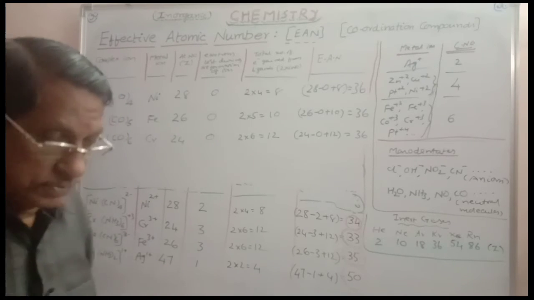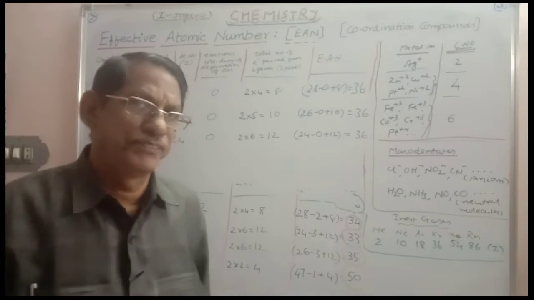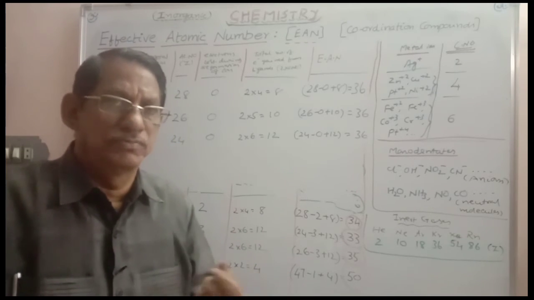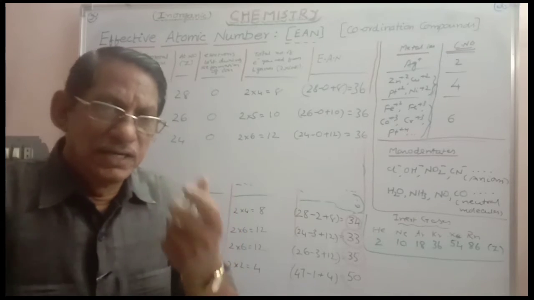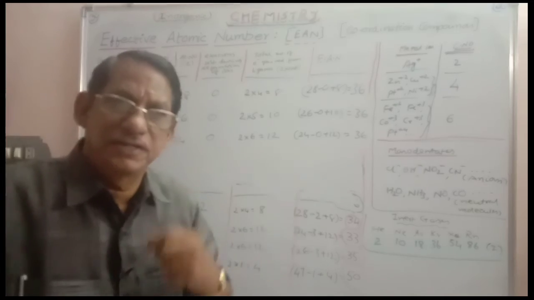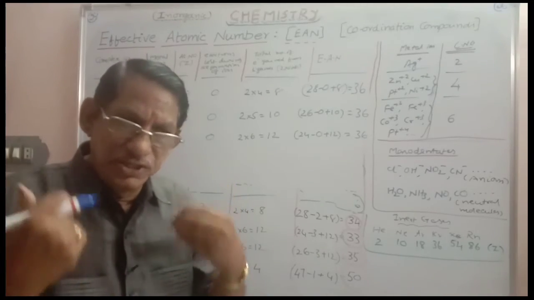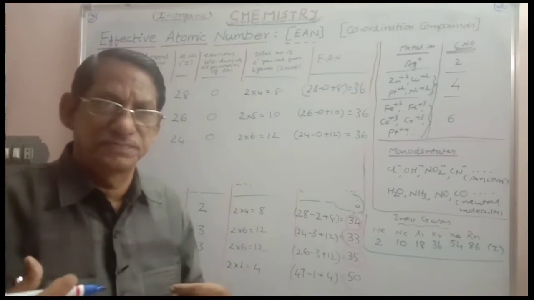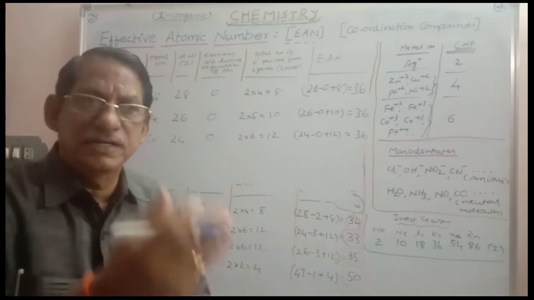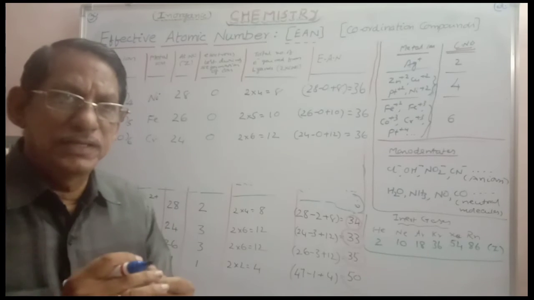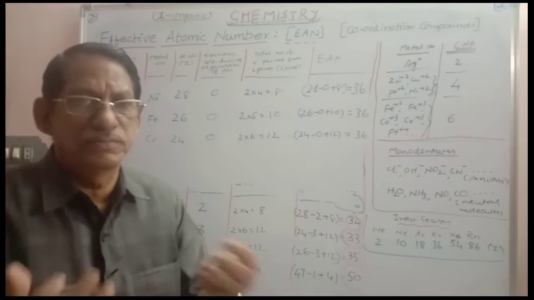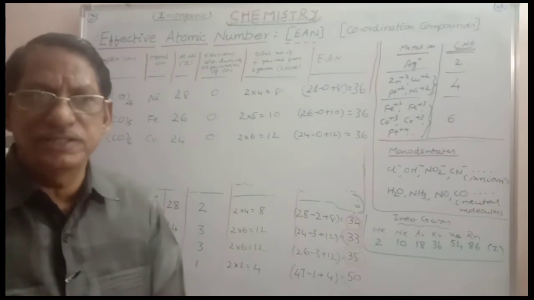And don't forget, carbon monoxide is a powerful ligand, and iron is present as a complex in the blood, hemoglobin. Its coordination number is 6 there. One coordination is satisfied by oxygen. That is why it is an oxygen carrier. When carbon monoxide is inhaled in the respiration process, this carbon monoxide will replace the oxygen of the iron complex hemoglobin, and thereby it is unable to supply oxygen to the remaining parts of the body for metabolic activities.